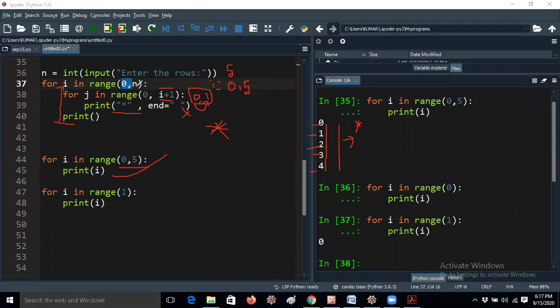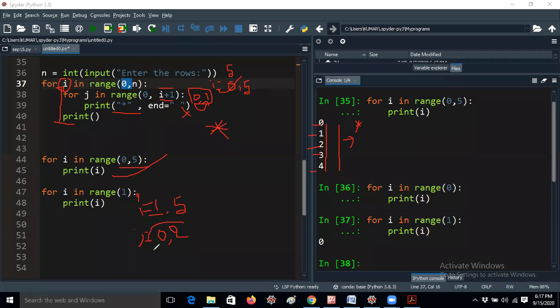Now the variable will be incremented to 1, because the i value 0 is already completed, so i will be taken from 1 up to 5. And j in range of 0 comma i plus 1: the j value starts again. What is the i value? i is 1, and 1 plus 1 is 2.